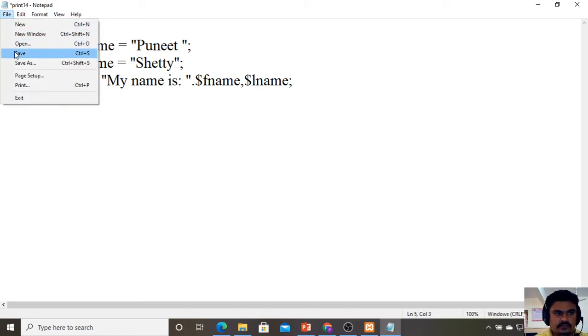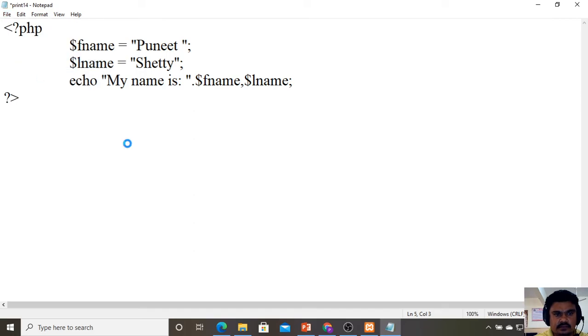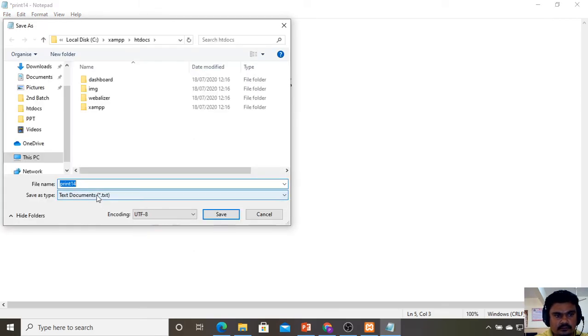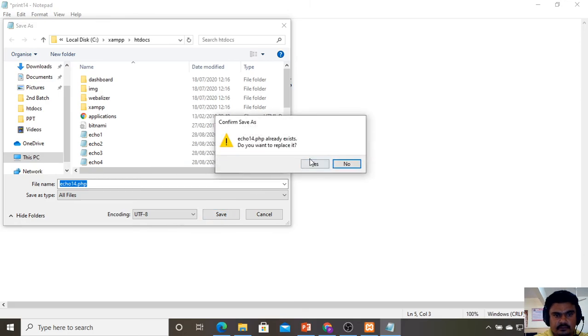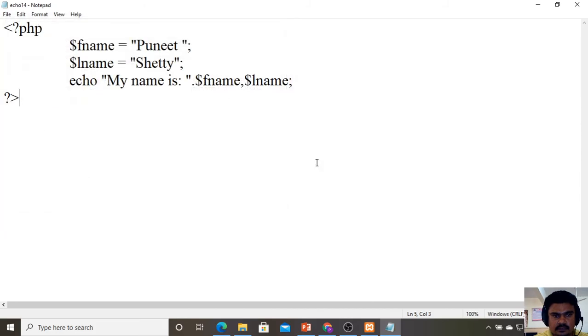I am going to save it. Go for all files, it is for echo, so I will take it as echo14.php. Save it. I hope there is another file called echo14. Let it be, I will override it.